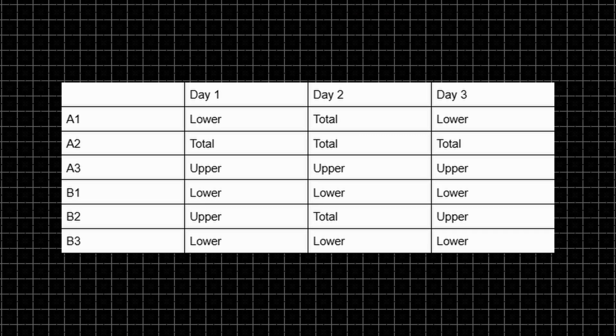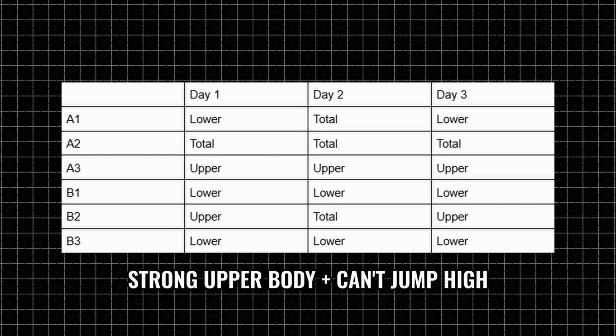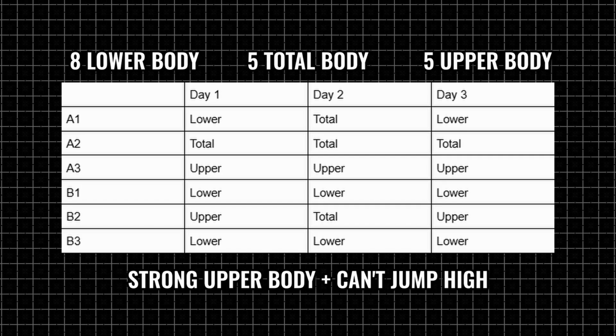We can then allocate how many lower, total, and upper body movements we'd like the athlete to perform based on their weaknesses. Here's an example of what a program could look like for an athlete with a strong upper body but can't jump high. This program has a total of 8 lower body, 5 total body, and 5 upper body